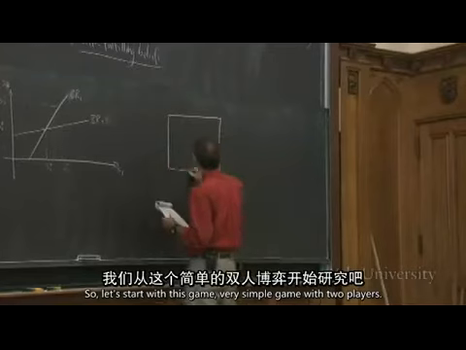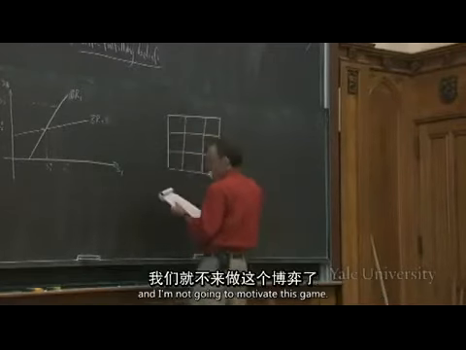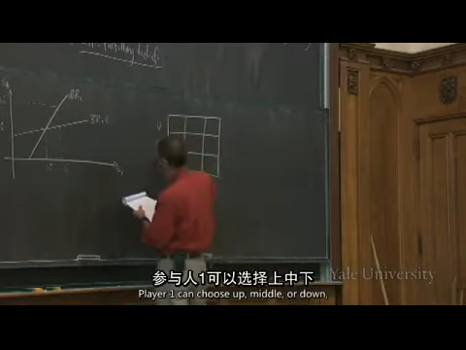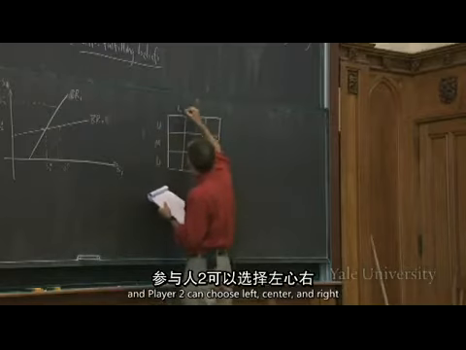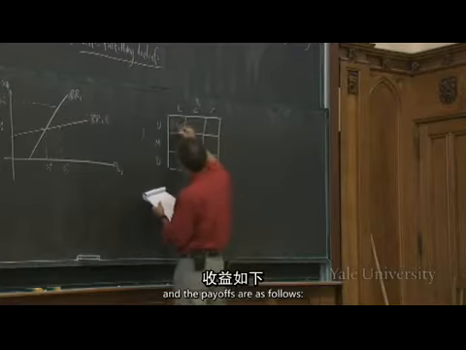Very simple game with 2 players. Each player has 3 strategies. And I'm not going to motivate this game, it's just some random game. Player 1 can choose up, middle, or down. And player 2 can choose left, center, and right. And the payoffs are as follows: 0-4,